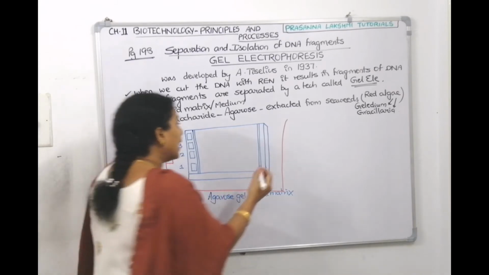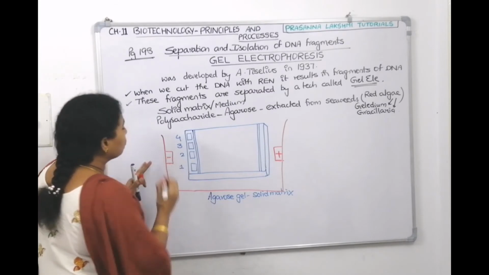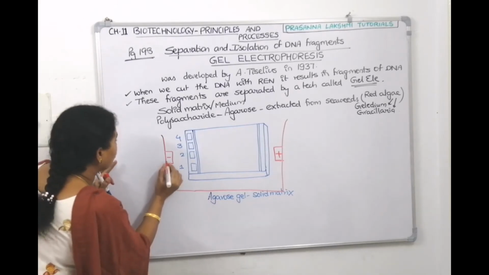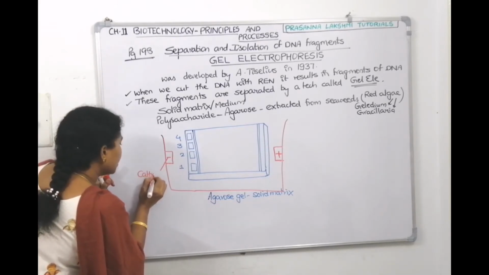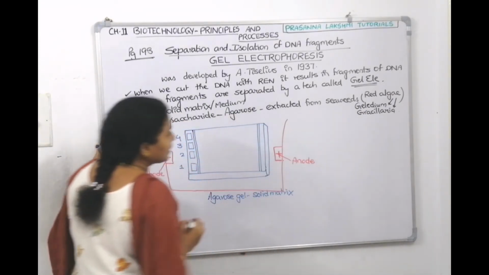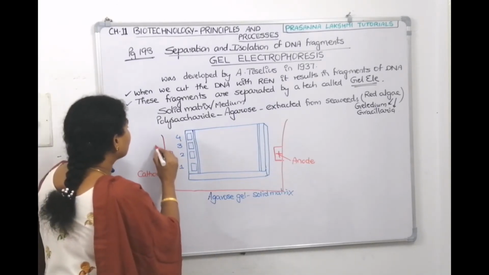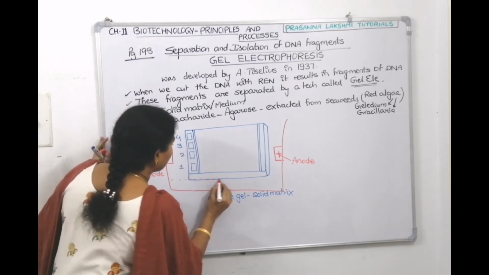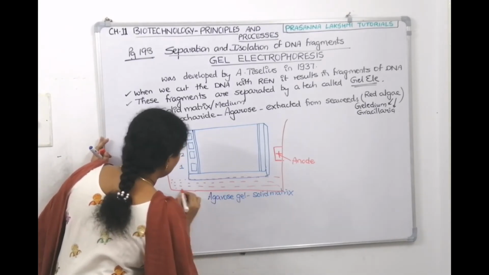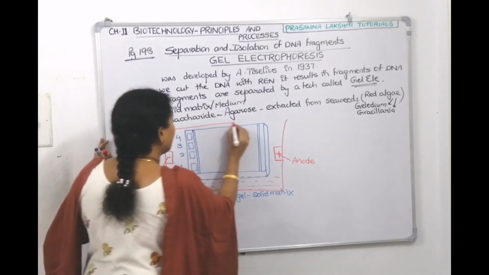In this gel electrophoresis chamber, here you have one electrode, and here you will have another electrode. Near the wells, the electrode is called the cathode. This electrode is called the anode. Now take the two electrodes and connect both of them with the electric field. We'll have some buffer solution here, and the buffer should not evaporate. For that reason, I'll take a lid and close the container.